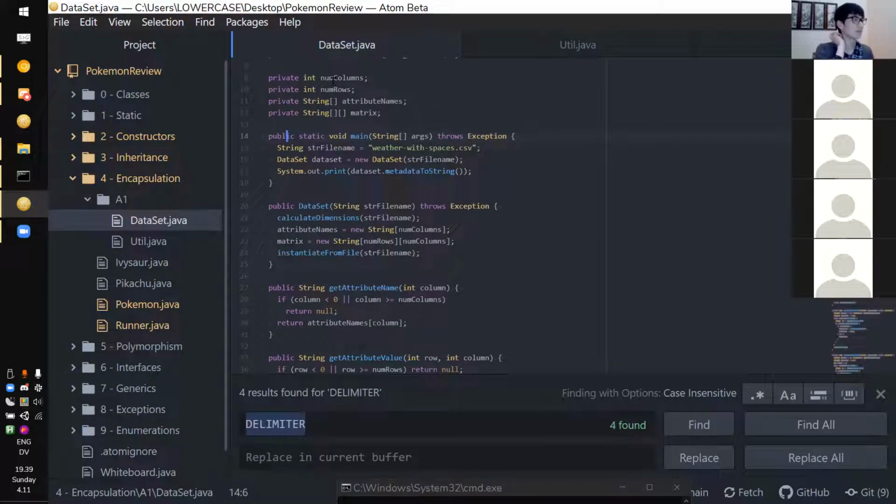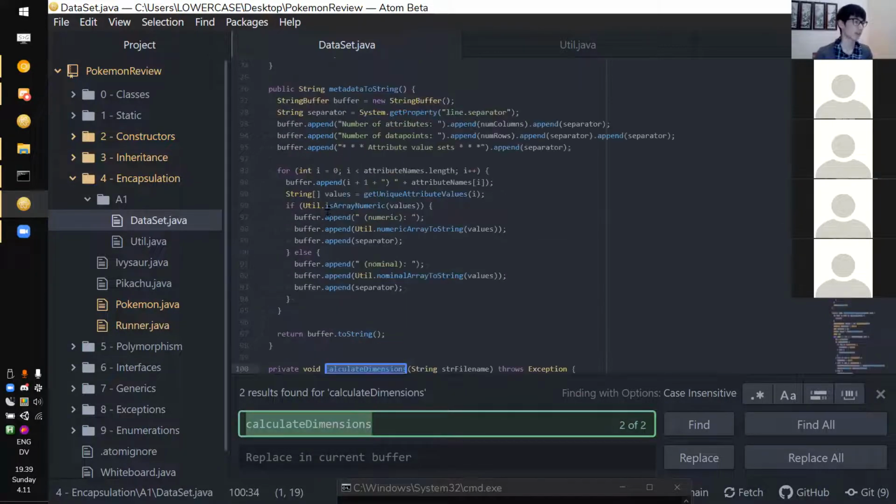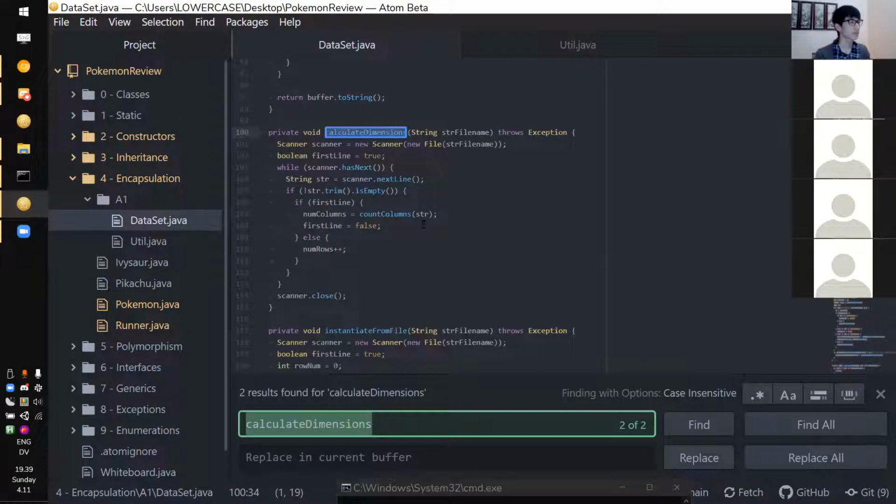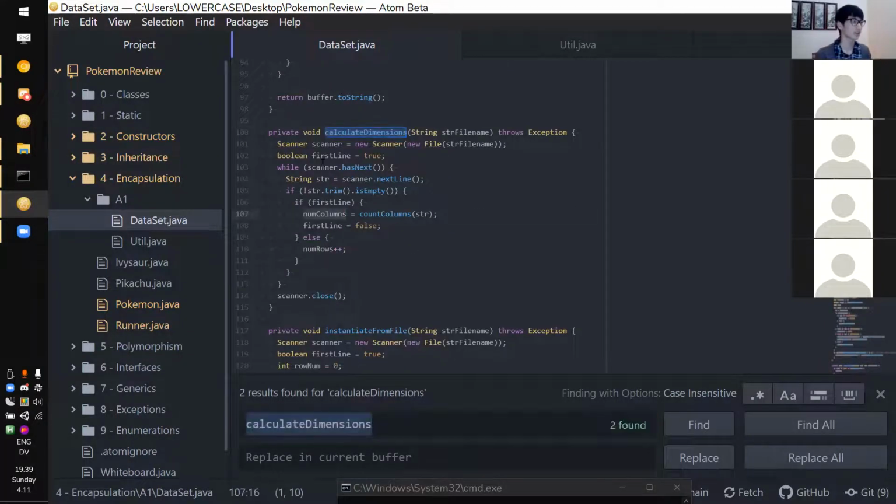Let's go over what happens when we run Dataset. So we have a file name that's being passed over to the Dataset constructor, which is over here. First thing it does is it calls calculate dimensions. The reason why I can call this is because it's private, it's accessible to this class. It does a lot of shenaniganery, but in the end, it just sets what num columns